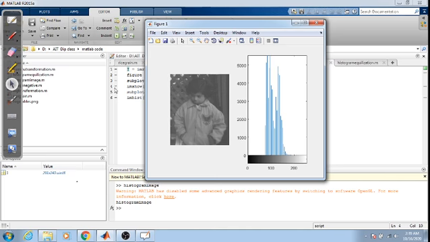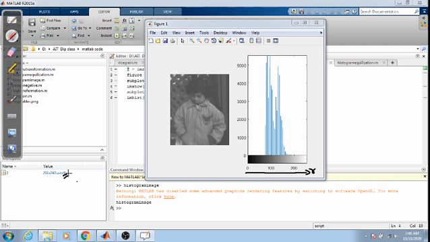So if we consider here, this is the intensity range. Since it's an 8-bit image, you just look over here, it's an 8-bit image. If it's an 8-bit image, it can have values from 0 to how much? 8-bit means 0 to